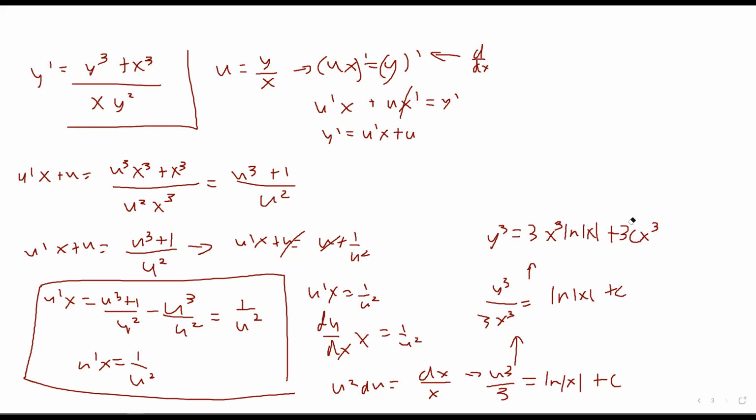Of course, we can absorb the 3 away into c and write this as y equals the cube root of 3x cubed ln x plus cx cubed. Funny enough, we can also pull out x cubed. Yet another way we can do this